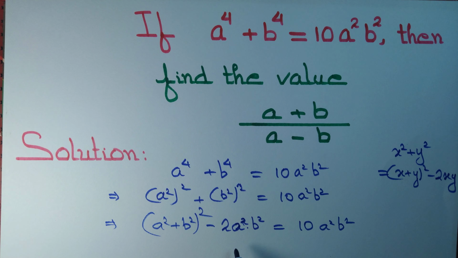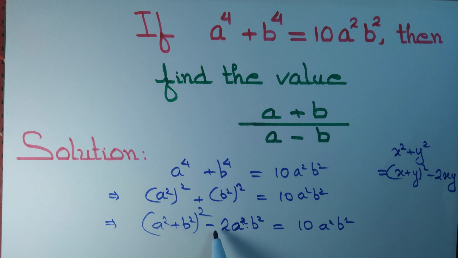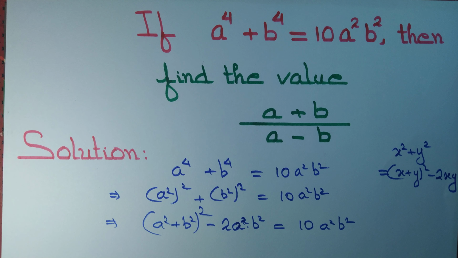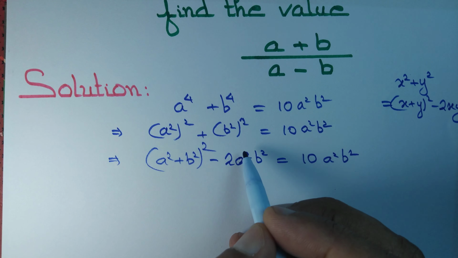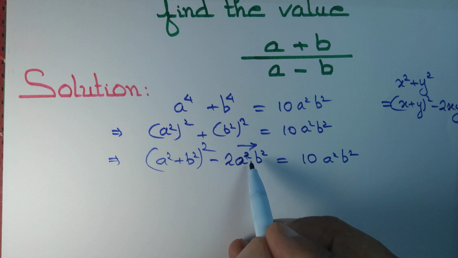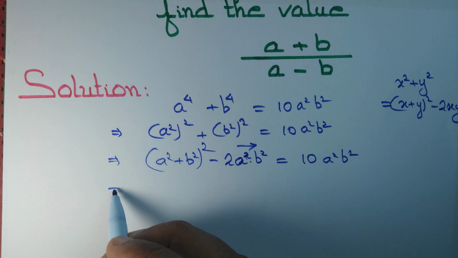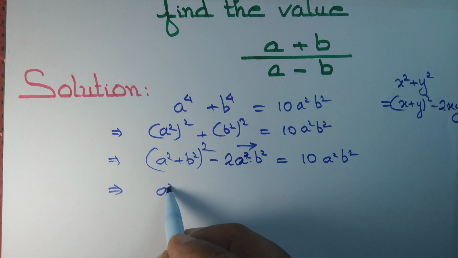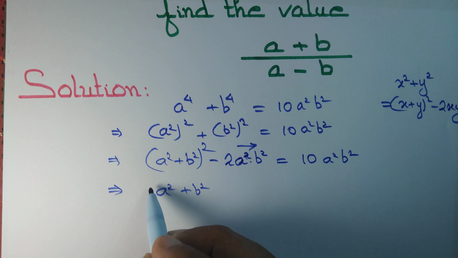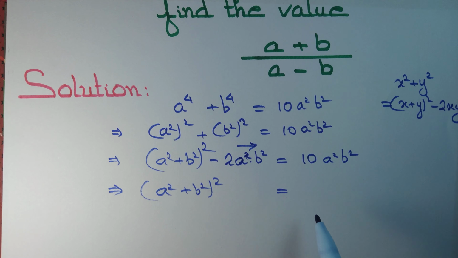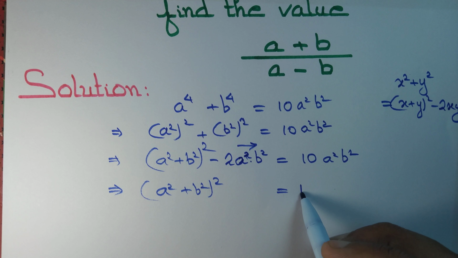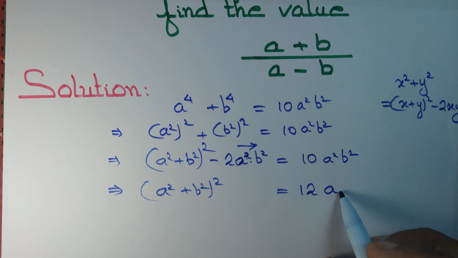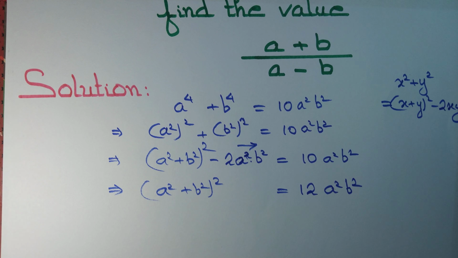Now we have 2 times a square b square, of course with negative sign, and 10 times a square b square. Can we combine it? Of course, yes. Let's take this 2a square b square to the right hand side to obtain (a square plus b square) whole thing square equal to 10 plus 2, side change, sign change, 10 plus 2 is 12 a square b square. Now taking square root on both sides,